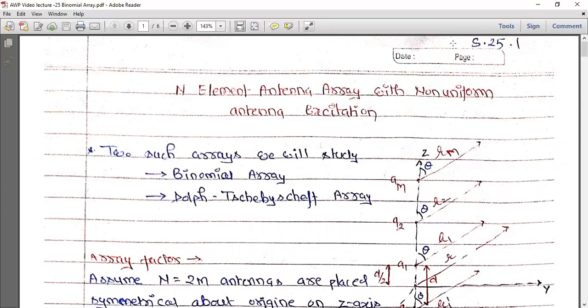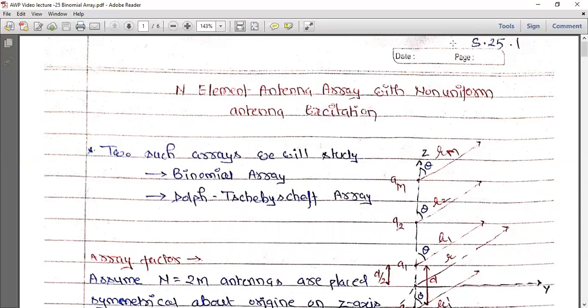Today we are going to study the non-uniform antenna array. In our context, we consider the inter-element spacing, the spacing between two consecutive elements, to be constant, but the excitation differs. Every element of the antenna array may have a different excitation, and there is no strict rule between these excitations.